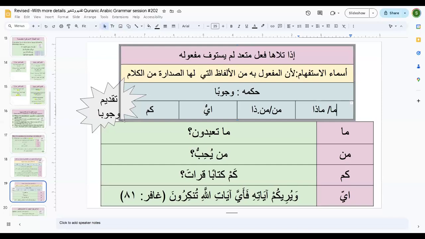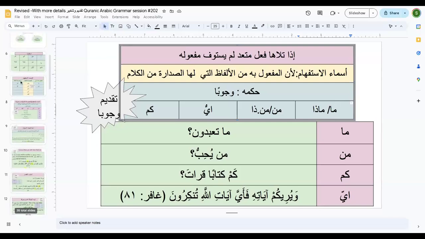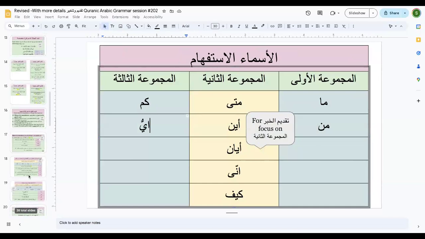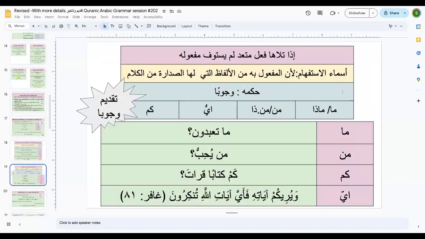Where will you find your first and third column, my dear sisters? Faiza, are you going to find it in taqdeemul khabar or taqdeemul maf'ul bihi? You are going to find those two columns that we were seeing in the beginning. Here you are going to find them, first column and the third column you are going to focus on in تقديم المفعول به على الفعل. Okay, everyone with me? When you have to study taqdeem of maf'ul bihi before the fa'il, there you are going to learn ma, maza, man, manza, ayyu, and kam.